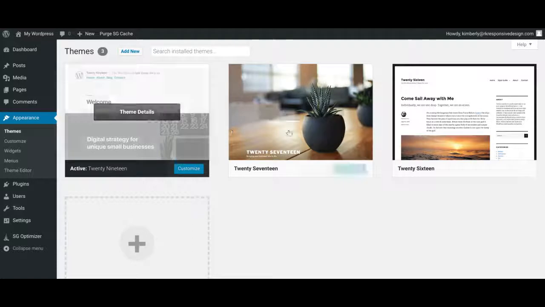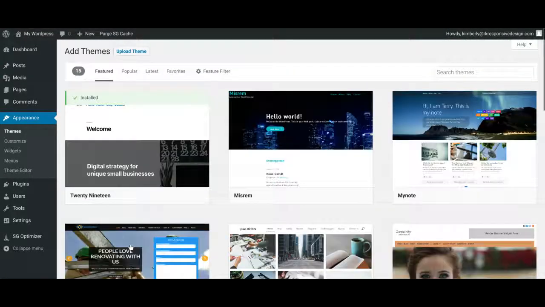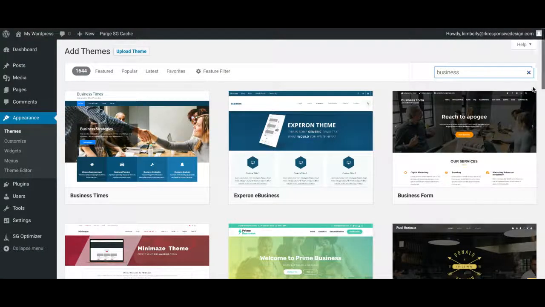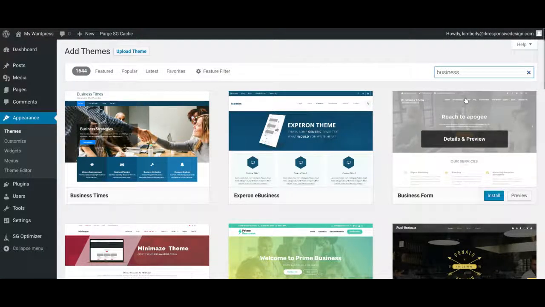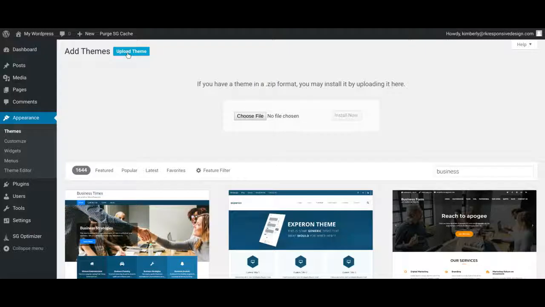There are many free themes that come included with WordPress. If you want a business theme, a free business theme, you can just type in business and it gives you all kind of options. I specialize in Genesis websites, so I am going to upload the Genesis framework and child